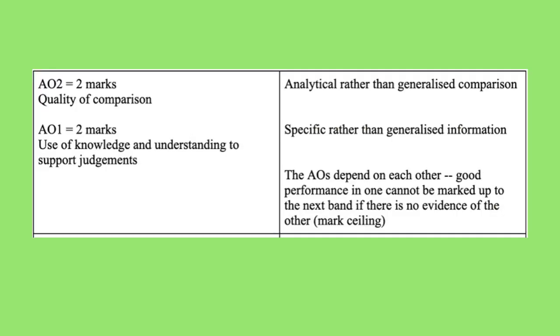Explain one way in which prevention of disease and illness was different in early modern England to the 18th and 19th centuries. 4 marks. Here's the mark scheme for this question, which you can find out about in more detail in our overview video. But we do know that 2 marks are awarded for AO2, which is the quality of